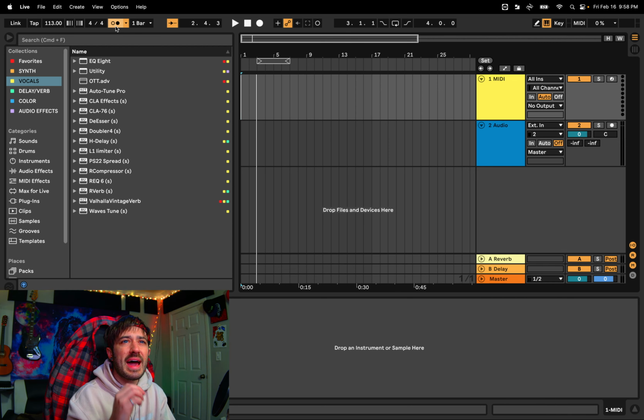I would recommend having it on mainly when you are producing a song and you haven't put drums in yet. So let's say you're just messing with piano or a sample or something, but there's no drums, you're not doing drums yet. I would have it on, because a lot of the time you're going to think that it's a certain thing that you're making, and then you're going to go to add drums and it's going to be all messed up. And the reason is because you didn't realize that you were not actually in time. So let's leave this